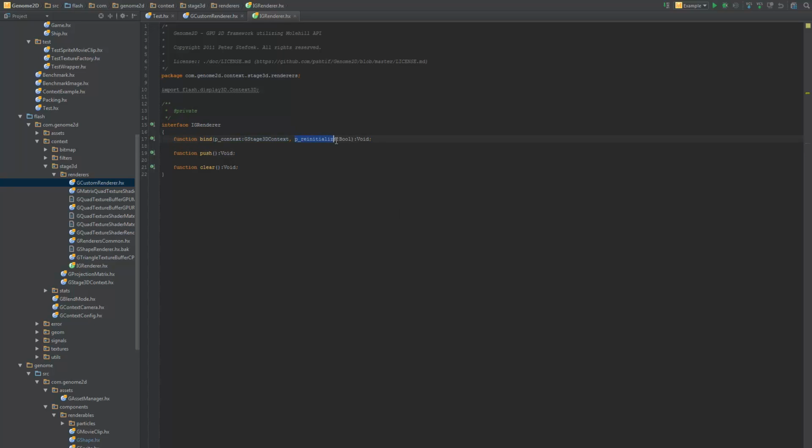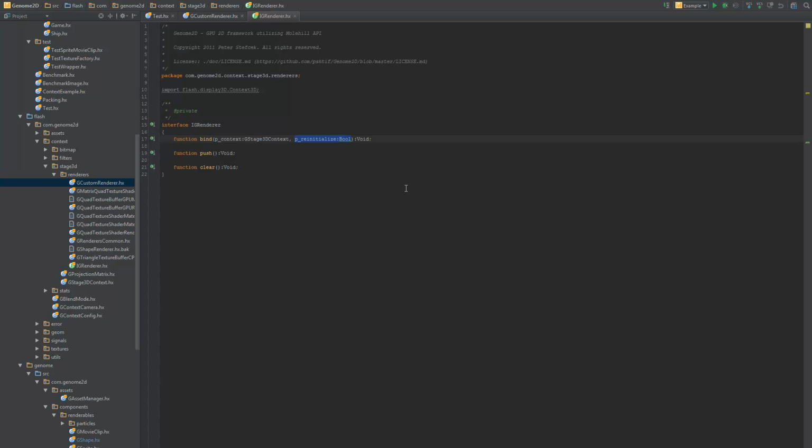And the second parameter is reinitialize, which is true when there was a lost context in the previous frame or in this frame, and it will tell you that Genome2D is in the middle of context reinitialization. So if you, which you will obviously, create your vertex buffers or any GPU structures in your renderer, you will know that now there is a reinitialization, and you will need to recreate them and shaders